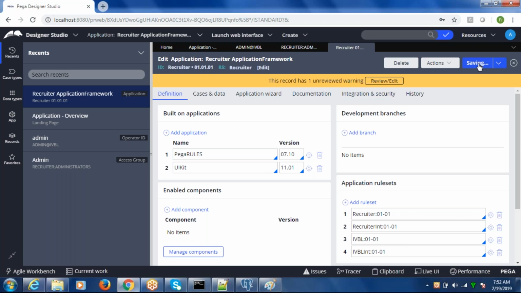So here Pega is providing two sets of applications, one for the complete behavioral part and another one for the complete UI part. All the UI stuff which is displayed for display purposes is developed in the UI kit. This has the specific changes on how to display the UI, so that is given as a separate application.